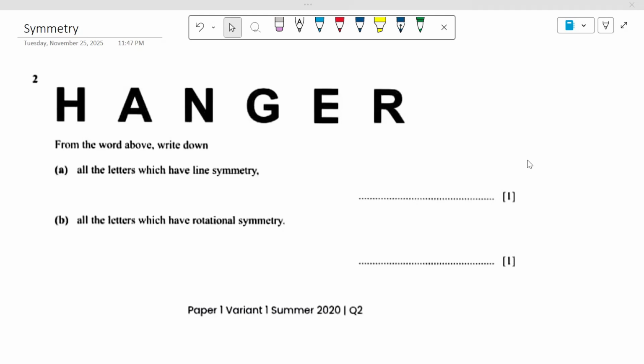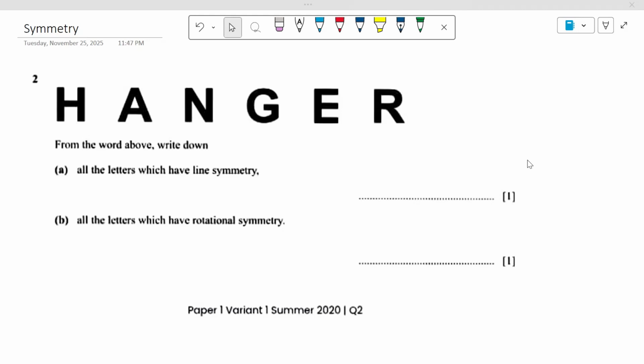Today on Math Sparks, our topic is symmetry and rotational symmetry of alphabets. Here I have taken a question from paper 1, that is of May-June 2020 O levels. Capital alphabets are there. From the word above, we have to write down all the letters which have line of